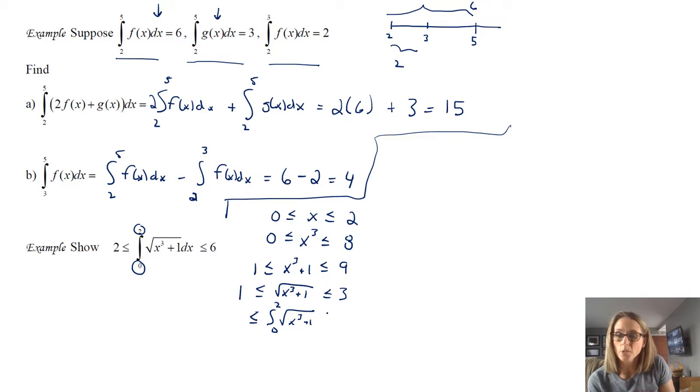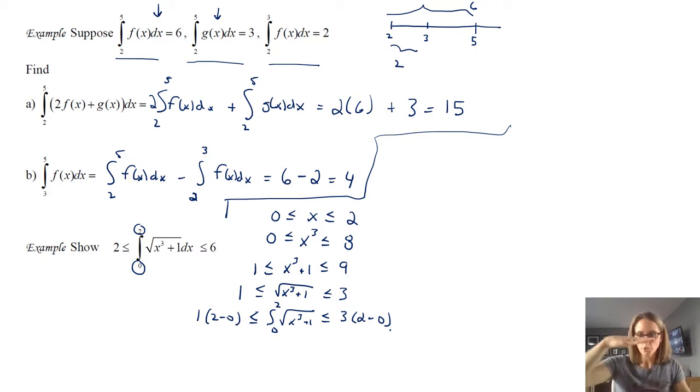And what I want you to listen to here, because this is what it is. Remember, when we integrate just a constant, so this is coming back to property number 1, so take a look at property number 1 on your page. When you integrate a constant over some interval, the answer to that is just the constant times the interval, in this case 2 minus 0. Over here, it's 3 times 2 minus 0, because you're just integrating basically a straight line that has a height of 1 and a height of 3.